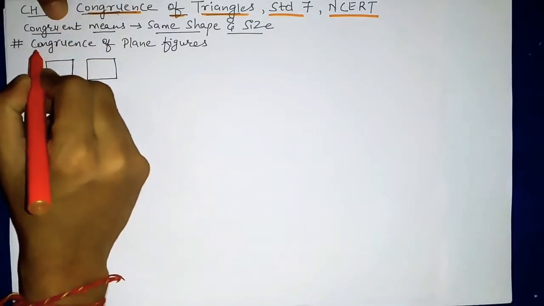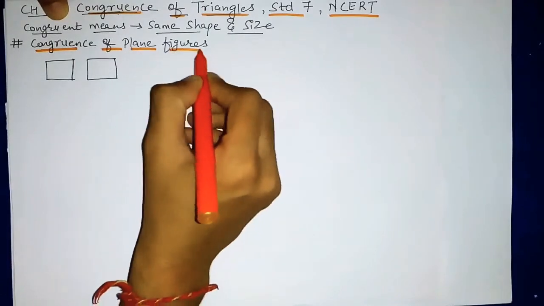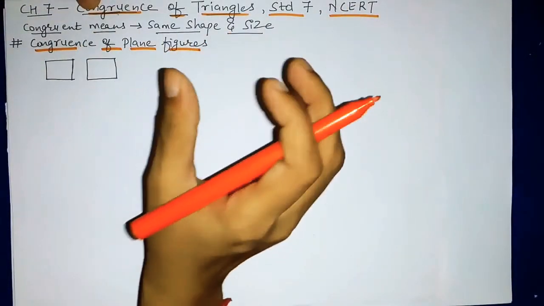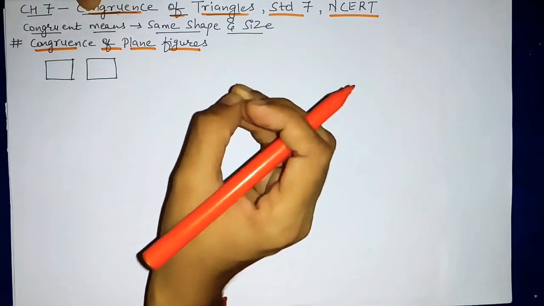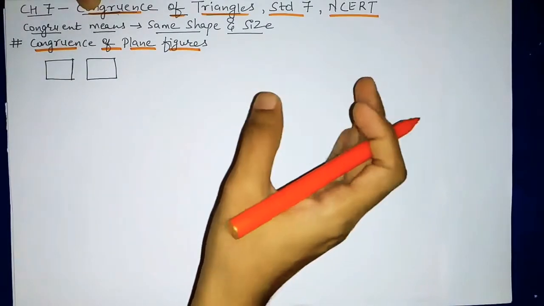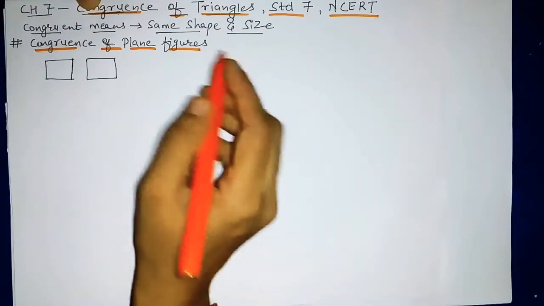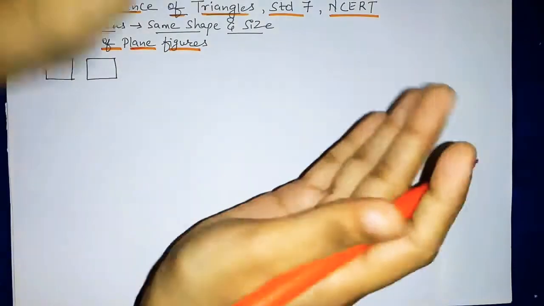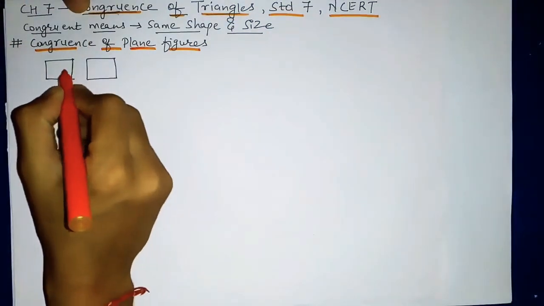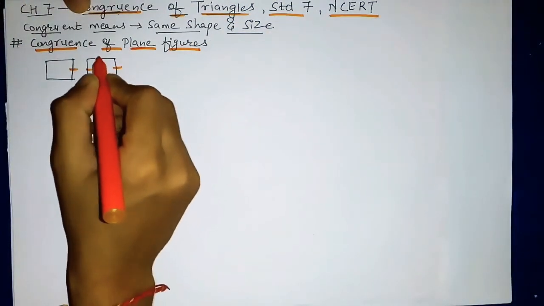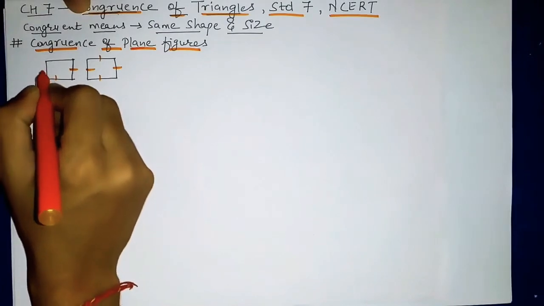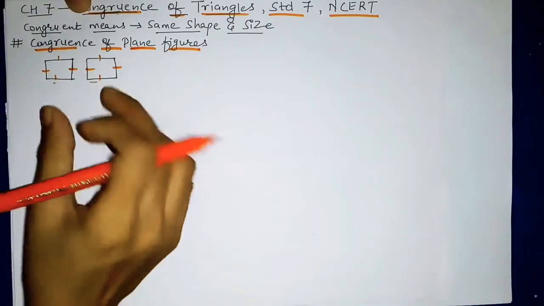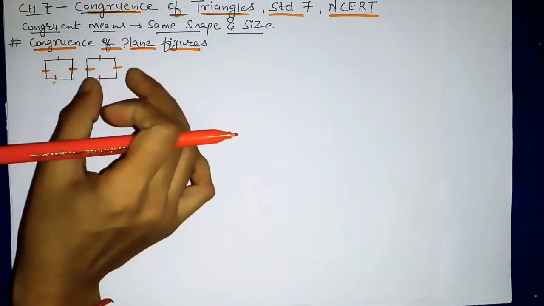Now when we talk about congruence of plane figures, okay, now we are coming to maths. So congruence of plane figures, if you cut out two triangles or two circles or two squares or rectangles, any plane figure, okay, so any plane figure if you draw and if you cut out and if you keep it over each other, okay, they will exactly overlap, and if they will exactly overlap means they are congruent to each other. So for example, I have drawn these two triangles, so they are congruent to each other.